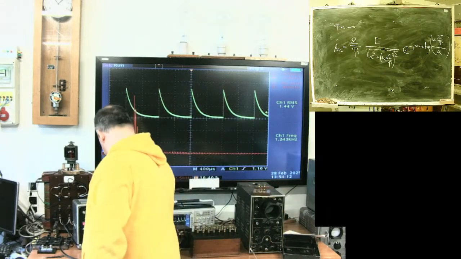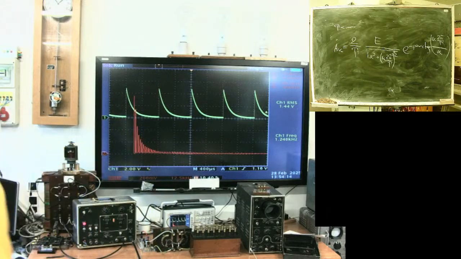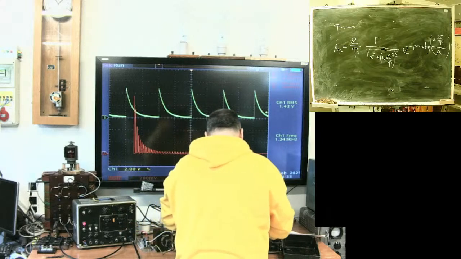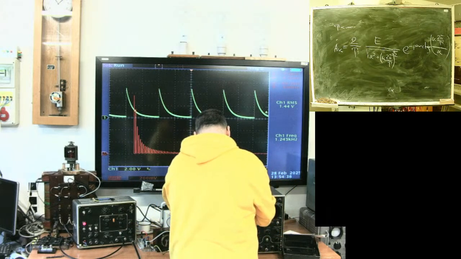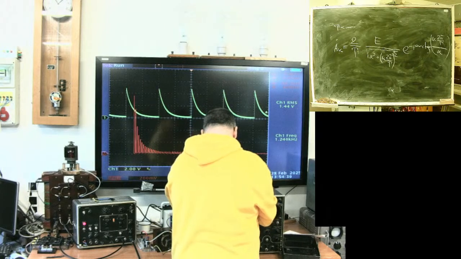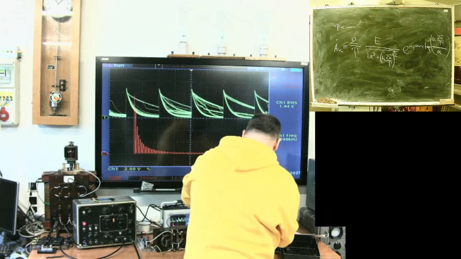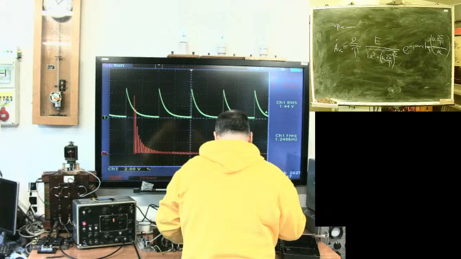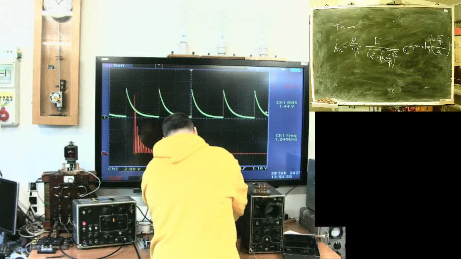Switch to wires. I need a pair of wires. This will go here. This will go here. And the red one should go